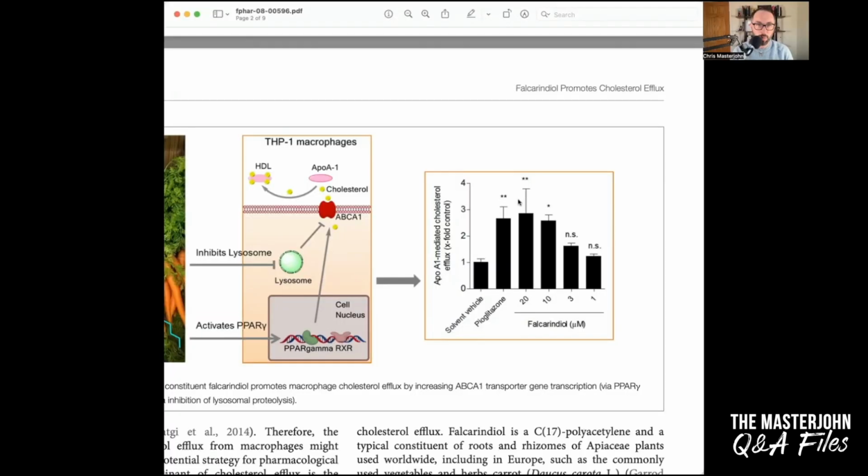So all right. So you're getting robust activation of cholesterol export from the cell mediated by the apoprotein from HDL, and it's rivaling that of a drug. So one of the questions that you would want to get is like, how many carrots do you have to eat, or how much of this stuff do you have to pop to get your phelcarinadiol levels up to 20 micromolar? Pomegranate juice consumption for 3 years by patients with carotid artery stenosis reduces common carotid intima media thickness, blood pressure, and LDL oxidation, by Michael Avaram and colleagues.